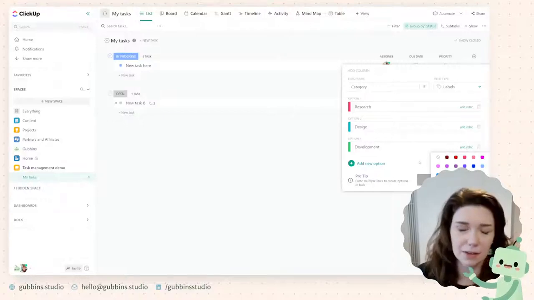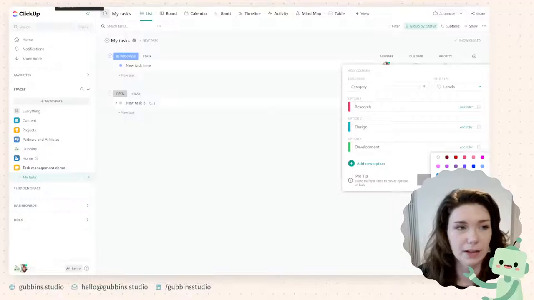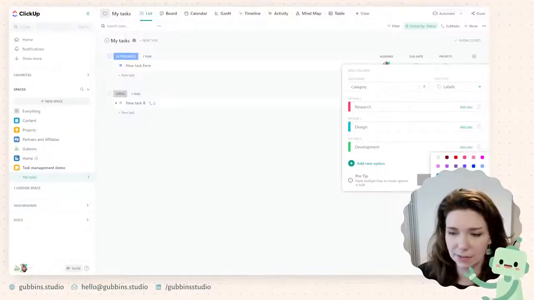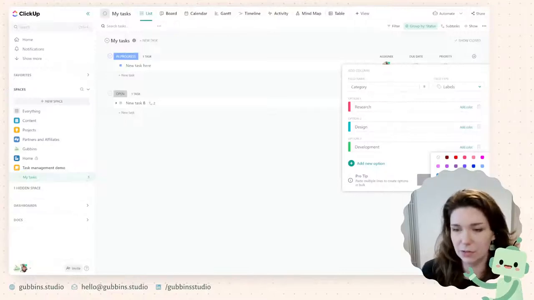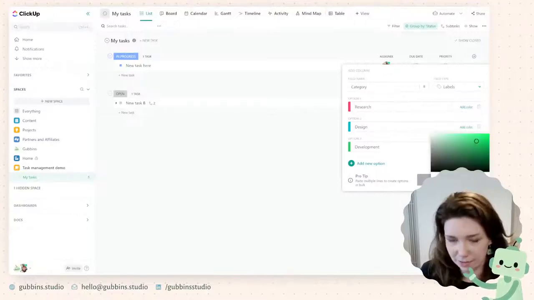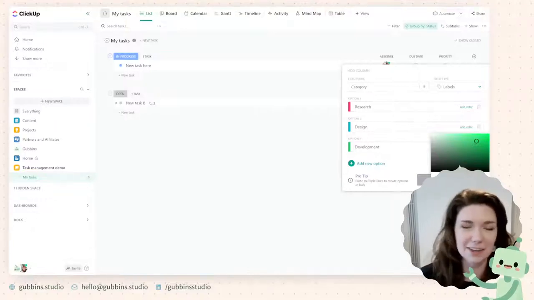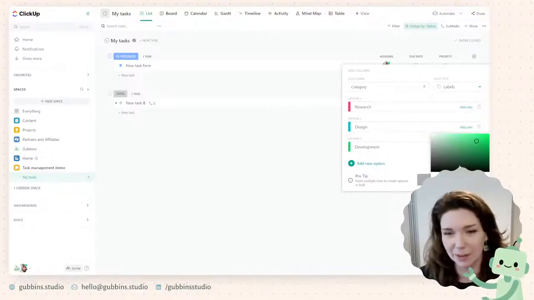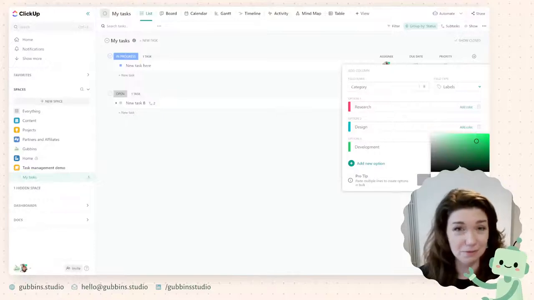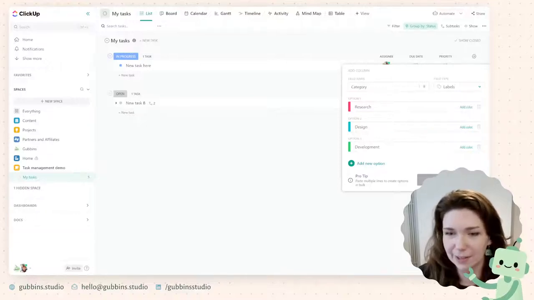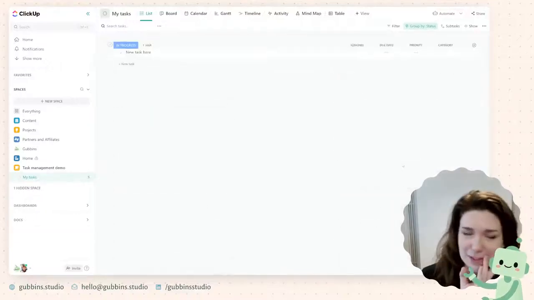Okay, that's the other thing I wanted to point out as well, which I didn't so much in Asana, and I did a little bit in Trello, is being able to customize things so that it matches your look and feel. So being able to use a custom hex code for these particular categories. I don't know why, maybe it's just my brain, but just being able to fully customize every aspect of your board is, I don't know why, I rate that quite highly. I know most people wouldn't, but that's just me.